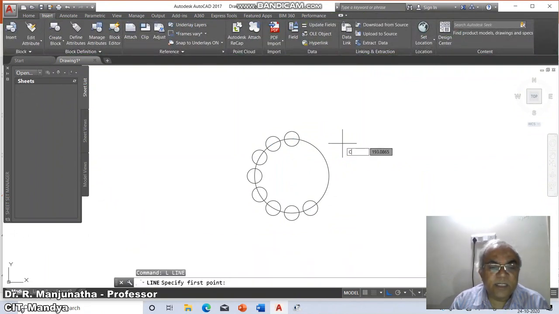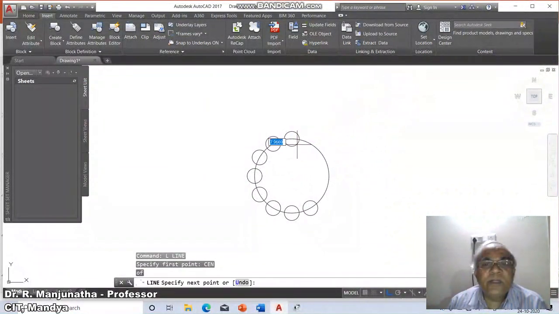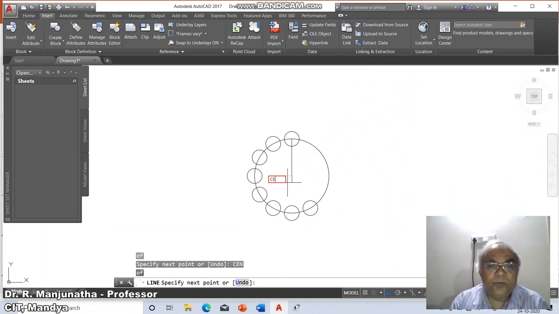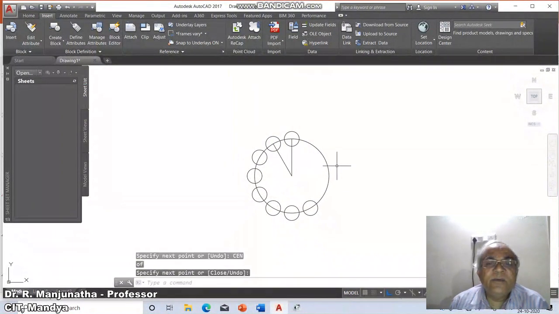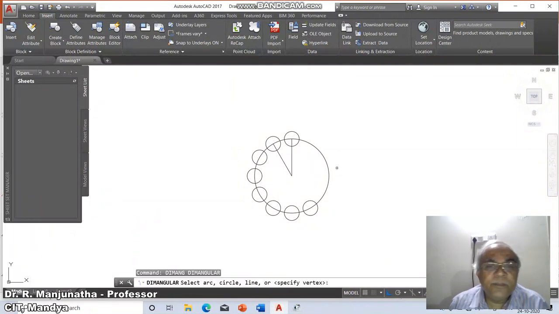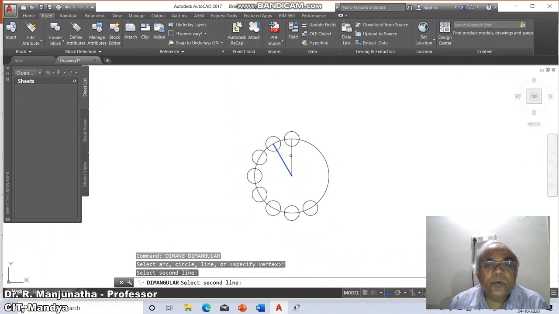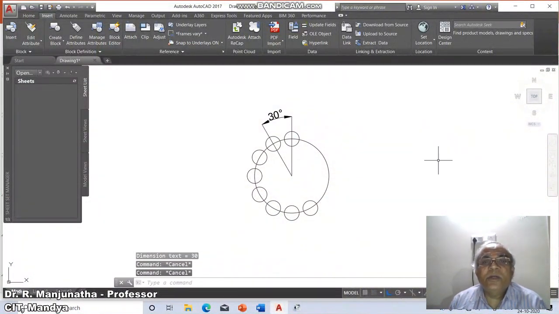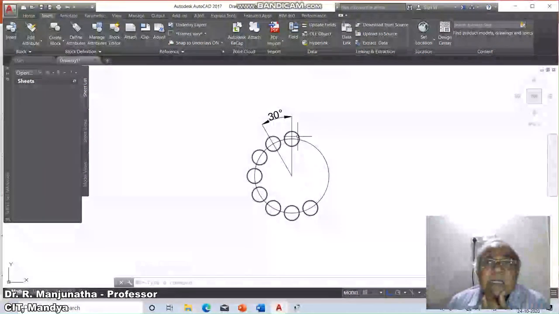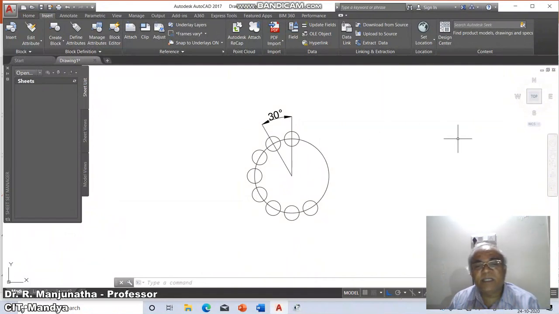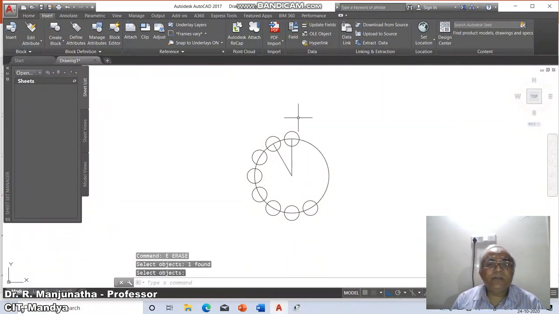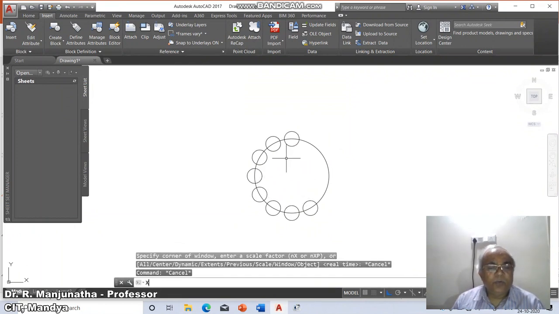So how it will be considered, that 30 degree we are going to specify here. You take center of this, and you take the center of this. So now you can measure that angle from here to here. I will say dim angle. Now you measure between these two, which will be the 30 degrees. So it will copy 8, 1, 2, 3, 4, 5, 6, 7, 8, and the spacing is only between for the 30 degrees. So this is how it will be able to draw this circle and copy this pattern in a particular measurement.